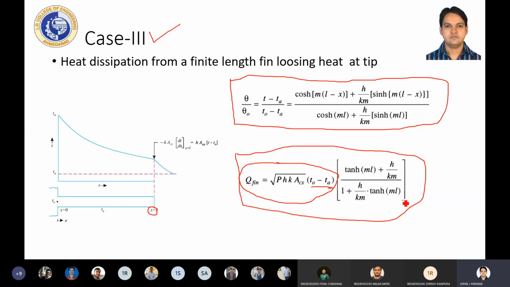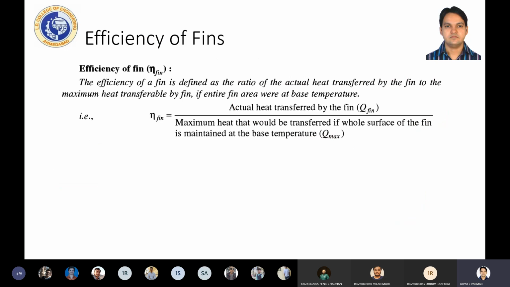Once you correlate with this, find out the variables whose data are available to us, and we can put these values into the equation, and we will have an answer for the temperature if you want the temperature at a particular point, or the heat loss from a fin. So these are the 3 different cases we intended, we were interested in the calculation part.